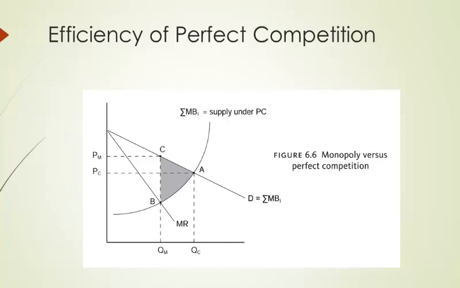So now this is the key lesson of the textbooks, that perfect competition is efficient, because in this figure you have the marginal cost curve and the marginal benefit curve. Now a perfectly competitive industry will produce at point A, because that's the intersection of the supply and the demand,